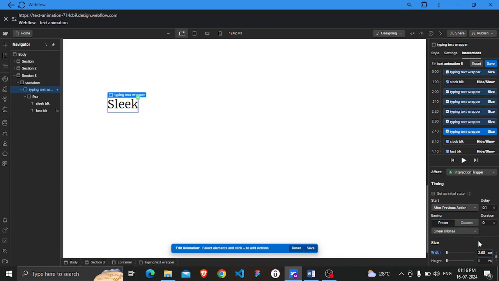Click. That's perfect. Now for the backspace animation, just add another action, duplicate this one, and now we are going to